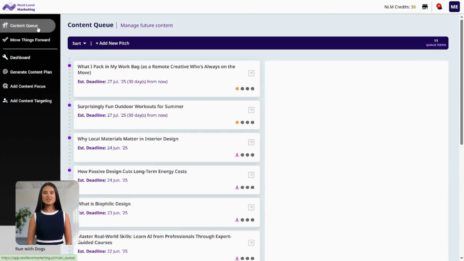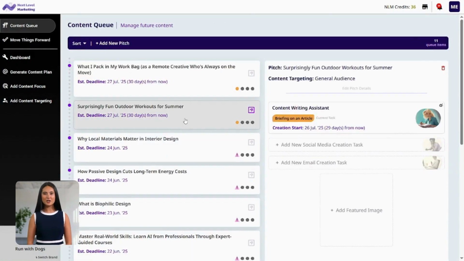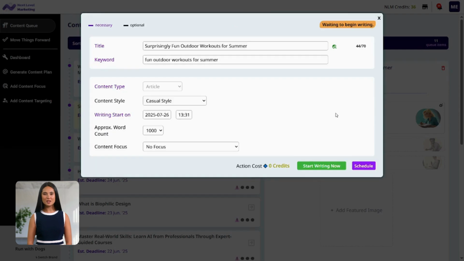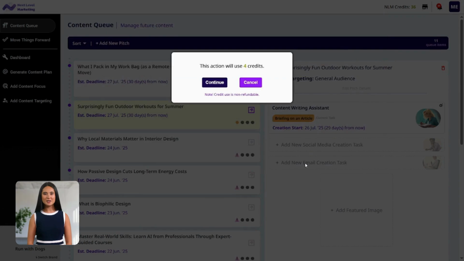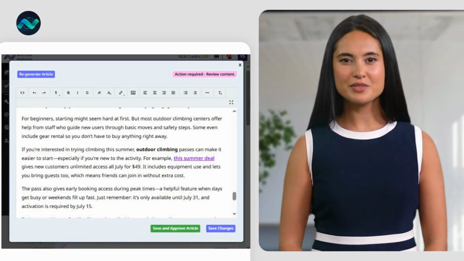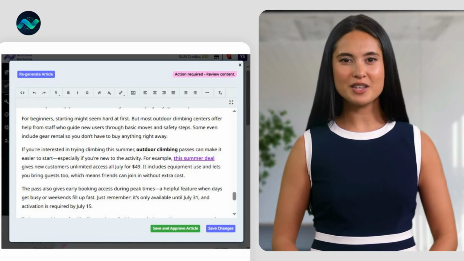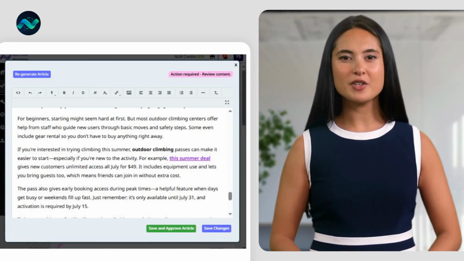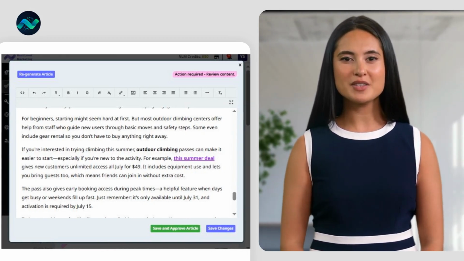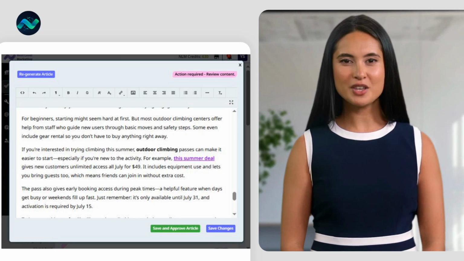Now let's see it in action. In my content queue, I'll pick an article called Surprisingly Fun Outdoor Workouts for Summer. I apply the Summer Pass July Push content focus, hand it off to the AI, and let it do the writing. Now let's look at how the AI integrated details about my offer into my article about outdoor summer workouts. I'll read you a paragraph from a section on outdoor climbing so you can hear exactly how it shows up